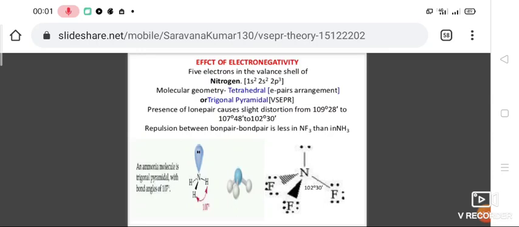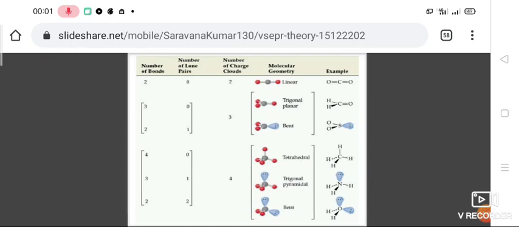For ammonia, here the molecular geometry is given. If you know the number of bonds, number of lone pairs and number of charge,